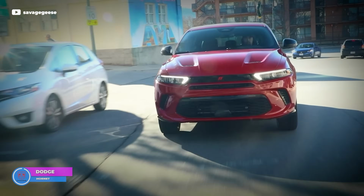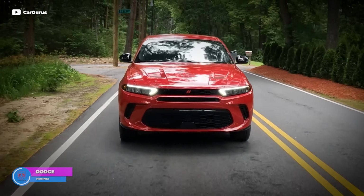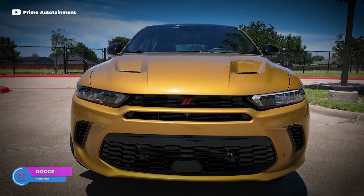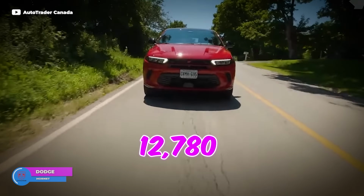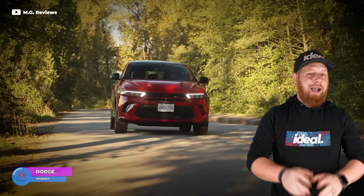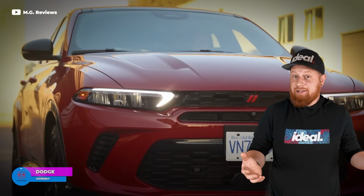Meet the Dodge Hornet. The new crossover Dodge thought would take the market by storm. However, it's been more like a storm that came and went without anyone noticing. This is essentially a rebadged Alfa Romeo Tonale, and people are not impressed. Between recalls, reliability concerns, and the feeling that you're driving an Alfa in Dodge clothing, which is weird, the Hornet's struggling to get traction. Currently, there are nearly 13,000 Hornets that just won't buzz off the lot. But with dealers slashing prices to around 25 grand, honestly, you could do a lot worse. I know I keep saying this, but it's really not a bad little car. In fact, it offers a lot for the money, even at MSRP. It's a little quirky, but if the shoe fits...